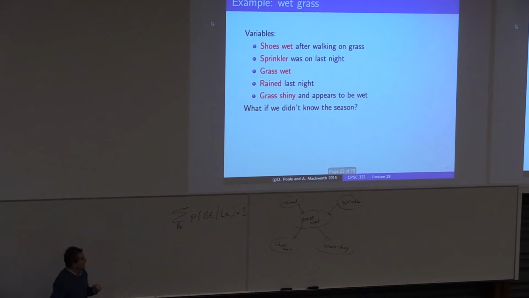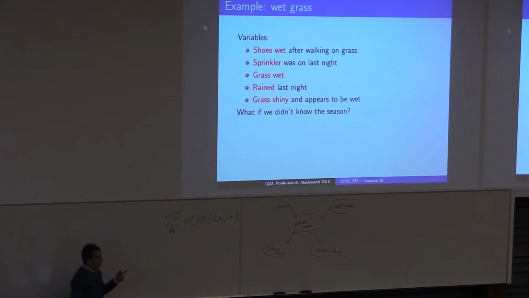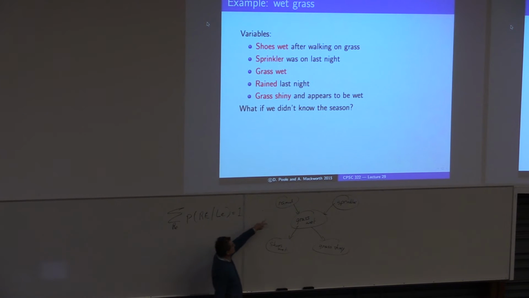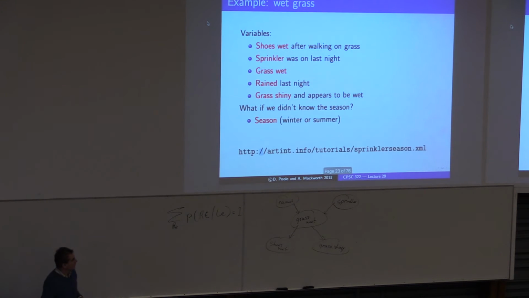That's the network. So now suppose, what if we didn't know the season? Maybe someone says, well, these two, rained and sprinkler, are dependent on each other because in winter we tend not to have the sprinkler on. It tends to rain more. So we don't have it in the rainy season. So what we're going to do is introduce a new variable. Instead of having rained and sprinkler just be dependent,